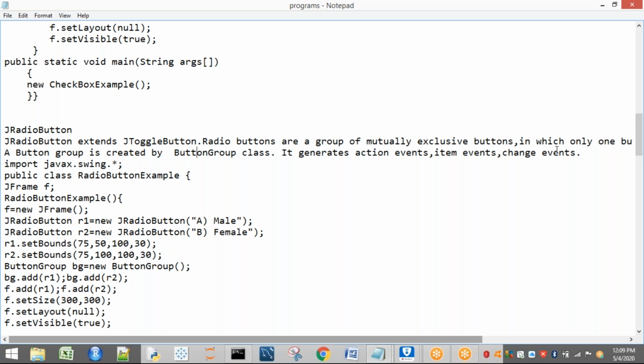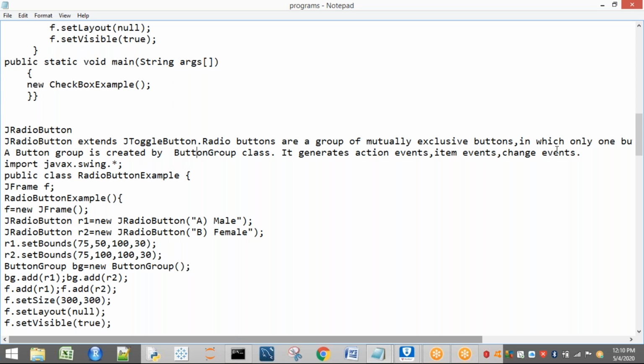If you keep all the buttons as individual buttons, then where is the mutual exclusion? If you are working with only one object, there is no need of mutual exclusion, because on that object we can perform either selecting or deselecting. If a group of objects is there, then we can speak about mutual exclusion.